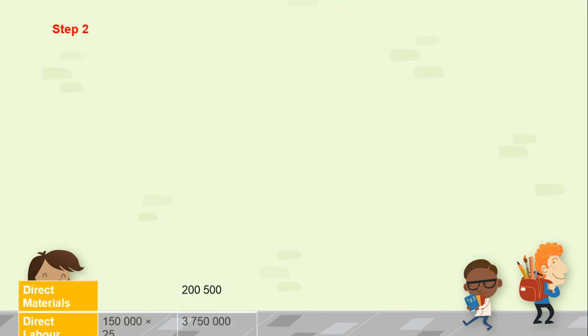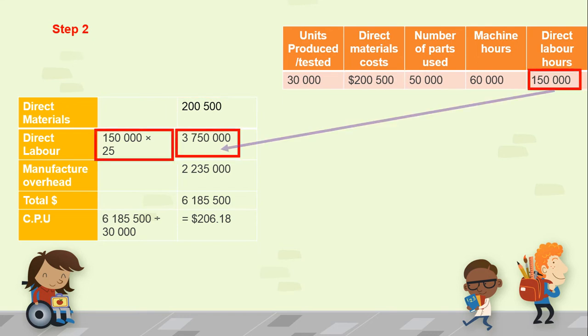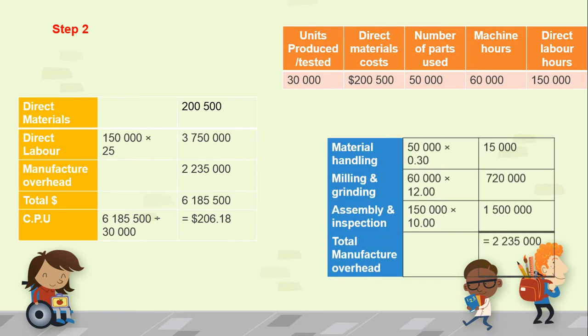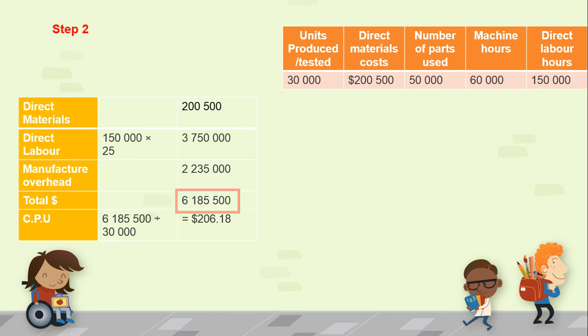So step 2. In order to find the cost per unit, you will need to find the direct material first, which you can copy down from the table above. And secondly, you need to find the direct labor, which you can also take from the table, which is 150,000 hours times the rate from the question, $25 per hour, and you'll get the amount. The next one is the manufacturing overhead that we calculated just now. Just take the 2,235,000 and put it into the manufacturing overhead cost. And total up the three costs, you'll get